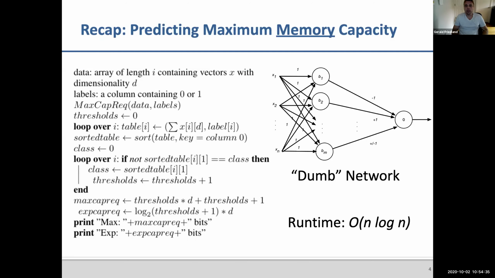So last time we said, okay, I have a data set now. Is there any way to get to the maximum memory capacity that I would need for a neural network to implement that function? And here is a point that they said, yeah, there's a simple algorithm. We just set the weights to all 1. And then we get some idea, because it's basically an untrained network. All I train is the biases.